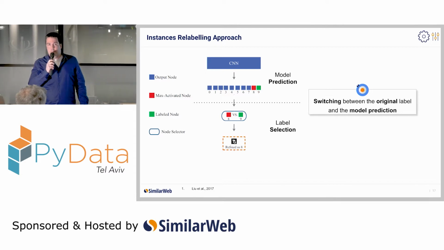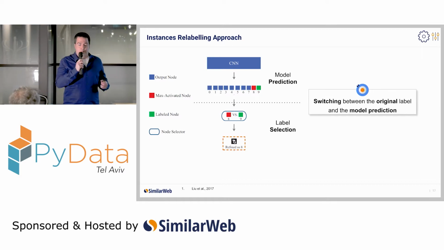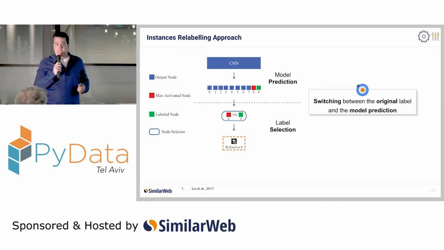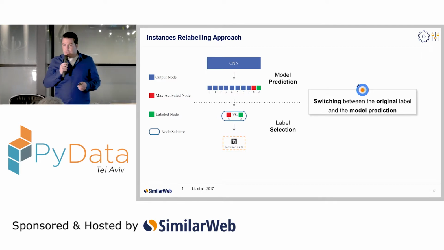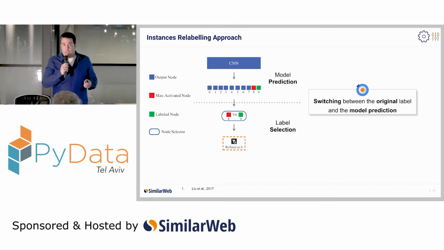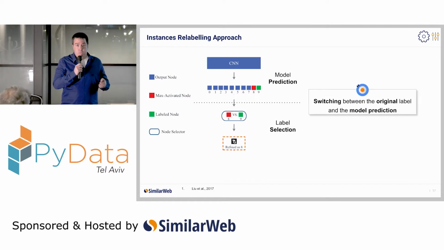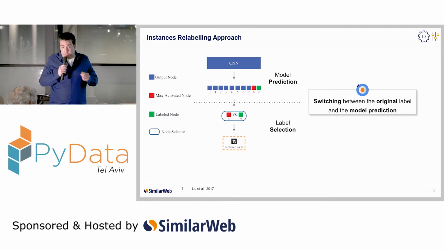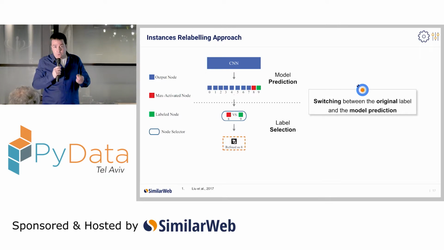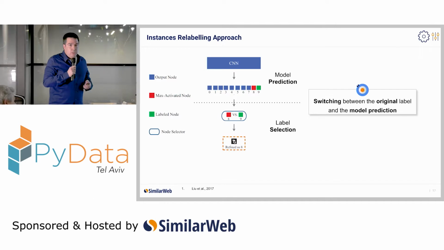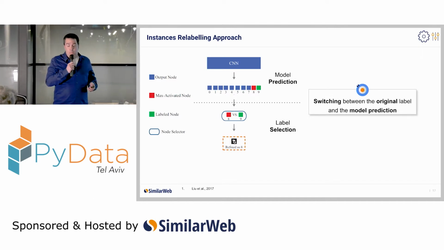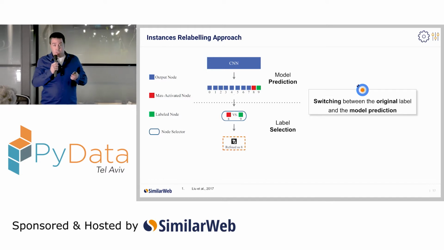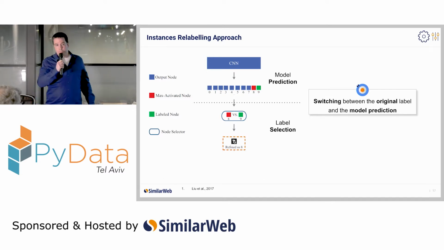It is based on the assumption that the neural network can replace labels which are suspected of noise contamination. It is based on the assumption that as the training progresses, the model becomes more and more accurate, and the model predictions can replace the original labels given to the instance. It is also based on the assumption that neural networks can quickly learn a reasonable prediction model before completely fitting to the noisy labels. How is the relabeling done?